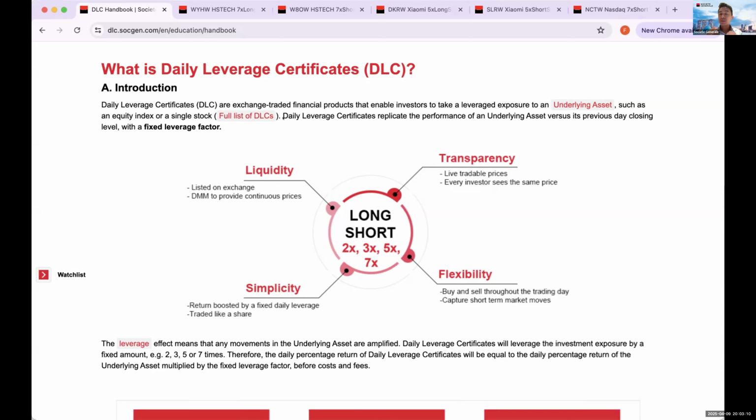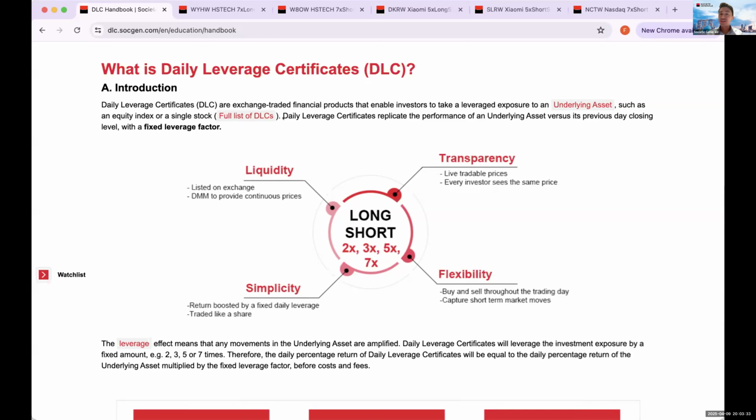All right. So the DLC payoff is very much similar to a leveraged and inverse ETF. It gives you that fixed leverage performance on the underlying asset's daily percentage performance on a close-to-close basis every single day. All right. So the DLCs are listed on the SGX, so you can trade them through any regular stock brokerage account. If you go to your iTrade trading platform and look for the DLC stock code over there, you should be able to see and trade the DLCs on your iTrade platform.